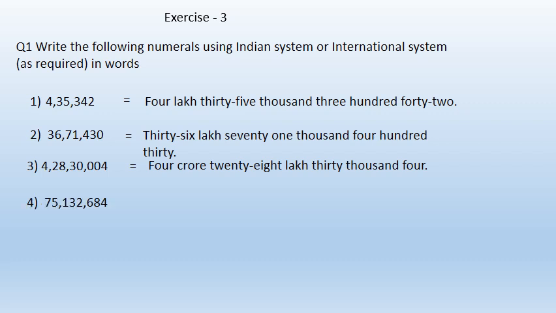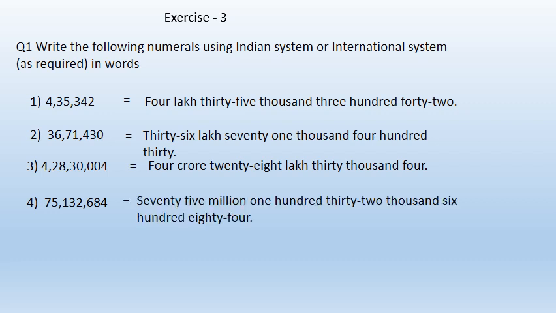Okay. Now students, what are we going to observe? We are going to observe the commas. Let's check. A 3-digit number is given here. Again here, if you see, a 3-digit number is given. So which system is it? It is the international system. 684 is ones period, 132 is thousand period, 75 is millions period. So how are we going to write this down? 75 million 132,684. Come on, let's write it down in words. 75 million 132,684.